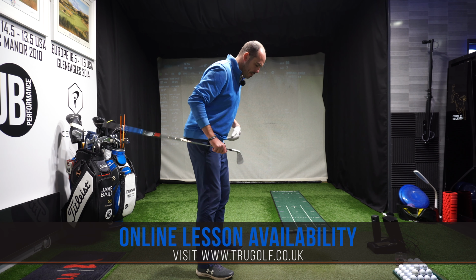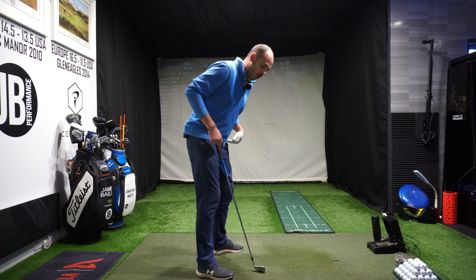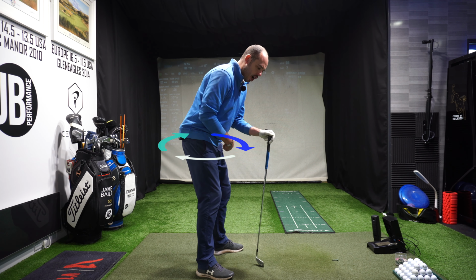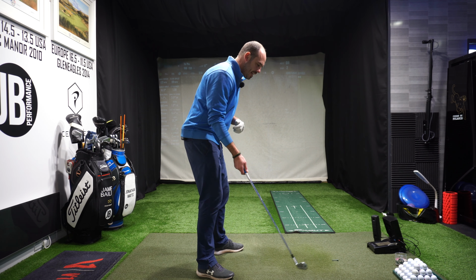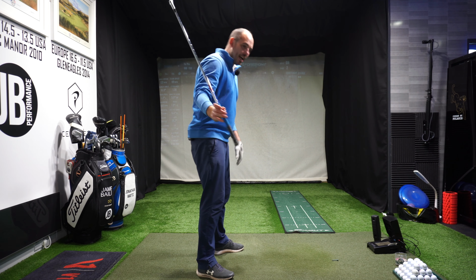But what I want to make sure that you're not getting is this lead hip moving forwards as it's rotating. So it's the trail hip is moving back rather than the lead hip moving a long way forwards towards the golf ball. When I see this movement, often the pressure is going out towards the toes,